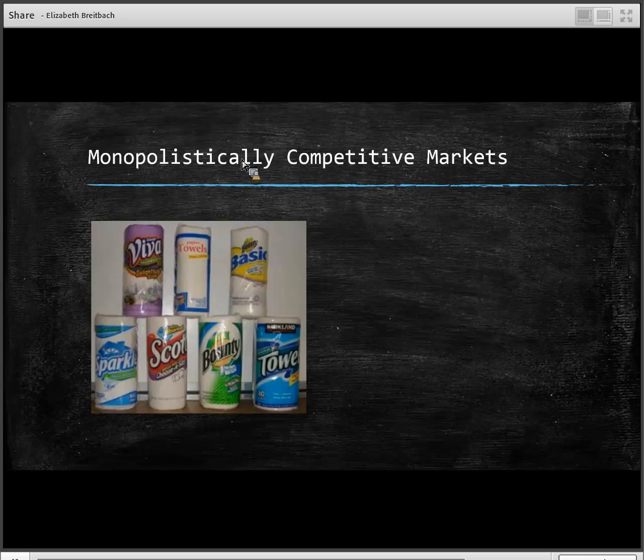When we're comparing Industry 1 and Industry 2, we can see that they're both relatively small percentages. However, Industry 1 is a very small percentage, and I would say that indicates it's a purely competitive market. Whereas in Industry 2, it looks like there are 4 big players in this industry, and there are other players, obviously, but they're much smaller. These might be your generic brands that take up a little bit less of the entire market. And we would argue probably that this is a monopolistically competitive market.